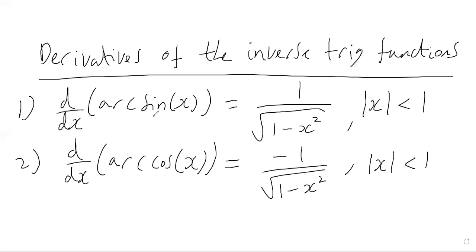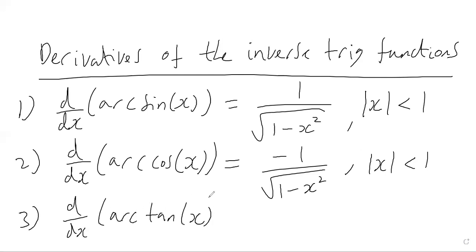So we restrict the domain of the sine function between minus pi over 2 and pi over 2. We restrict the domain of the cos function between 0 and pi. And if we do that, then the arccos and the arcsine function are defined between minus 1 and positive 1. So that's that. And then we differentiated the arctan function, so the inverse tan function,